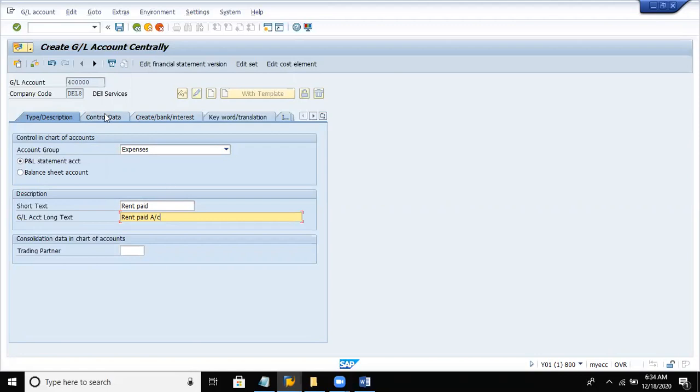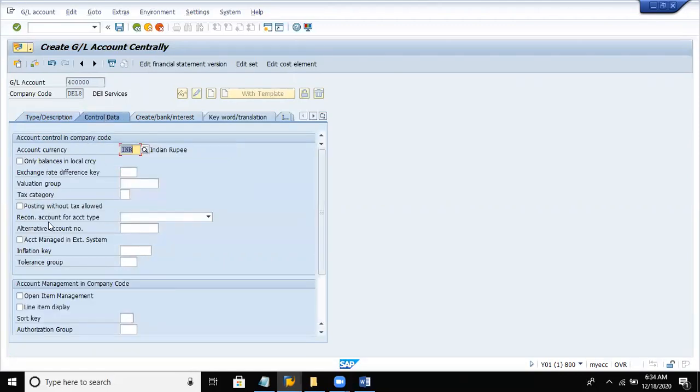Click on control data tab. Only balances in local currency. Check the box line item display. As I was telling that open item management is not activated for P&L statement. So expense account is also one of the P&L statement. So we are not going to update it even for expense. So just update line item display sort key.